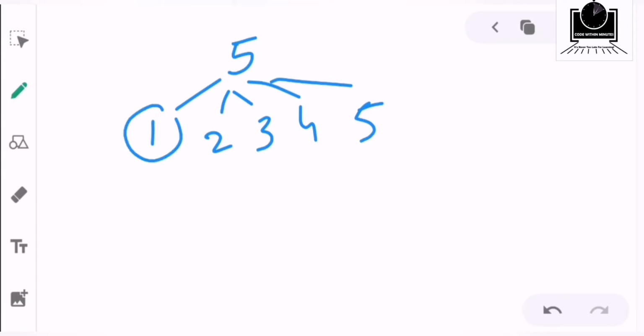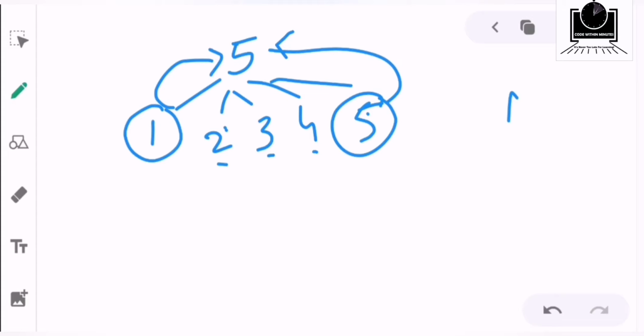Any can be the factor. First of all we will check from 1. 1 is a factor of 5, so we will count 1. After 1, 2, 3, 4 are not factors of 5, so we will not count those. After that 5 itself is a factor of 5, so we will count 1 more, and after counting it is 2. If the count is 2, then 5 is divisible by exactly two natural numbers, 1 and itself, so 5 is a prime number.